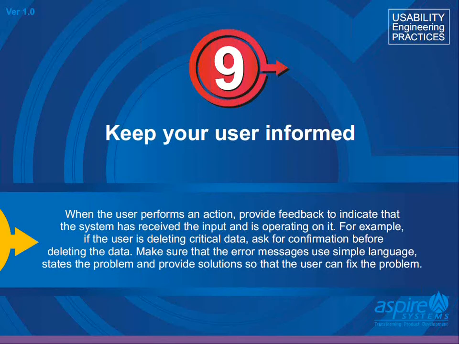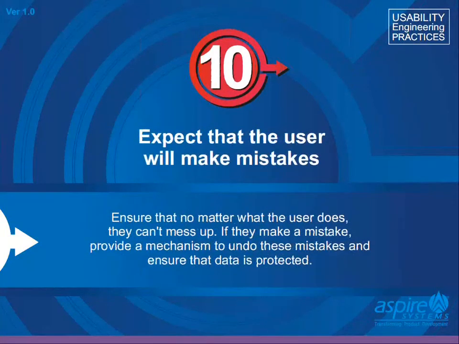Keep your user informed. System should provide continuous feedback for every user action. The feedback can be in the form of messages, alerts, graphics, which could be colors, icons, or sand clock cursors. Pre-feedback can also be used in instances like a confirmation alert before the user deletes some critical data. The feedback should be clearly visible and understandable to the user. Using simple error messages, highlighting the area or control that has problems, and using different icons or colors or fonts to indicate success and failure feedback can also help.